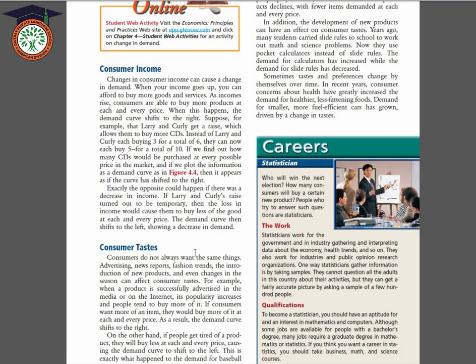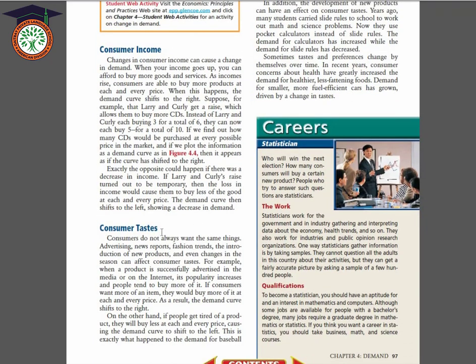We talked about the consumer taste. We already talked about this. And I said that when you find that the product that you want is fashionable, it's a trend, whatever, it's good, so you buy it. But if you find that it doesn't suit your taste, you're not going to buy it. So the taste is very important too, even if you have the money and even if the shop is decreasing the price of the product.